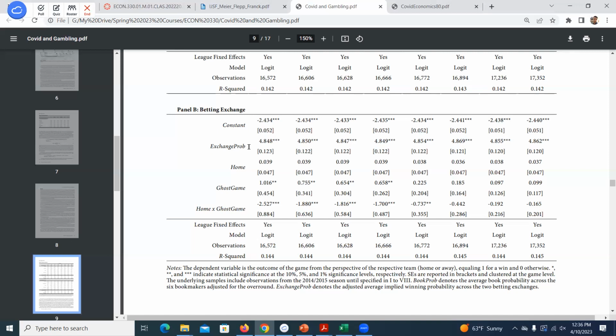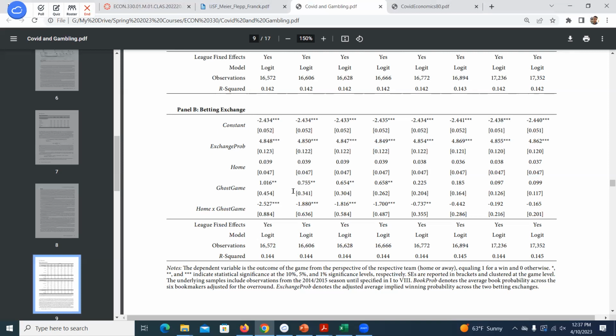And then this would capture the effect that for the away teams, they were more likely to win, or the sportsbooks weren't capturing as much of the fact that they were more likely to win during a ghost game, which would make sense. If you're the away team playing, and there's no crowd, now my chances of winning go up. So it's an interesting natural experiment, because it's not like these teams coordinated when they had fans or not. The pandemic happened, and now we don't have fans. So it was this nice natural experiment where we can see the effect of the home game. They know that fans matter, but sportsbooks weren't capturing it as much as it matters.